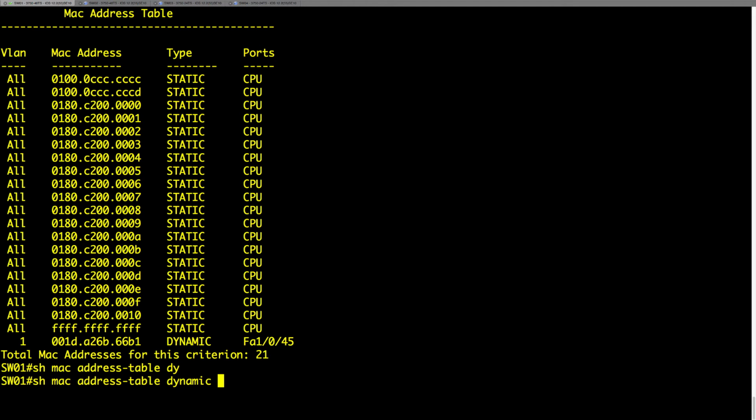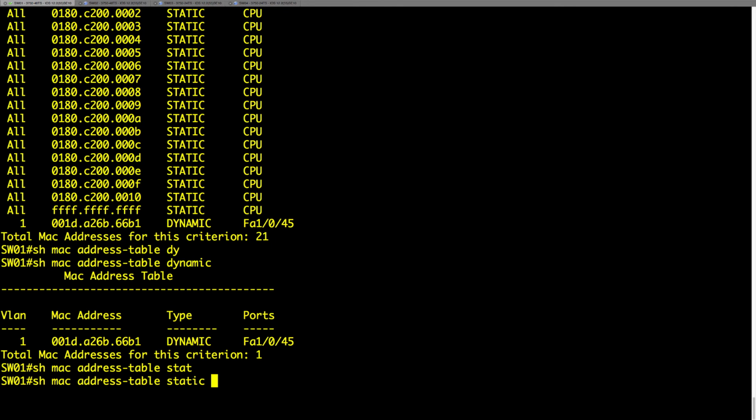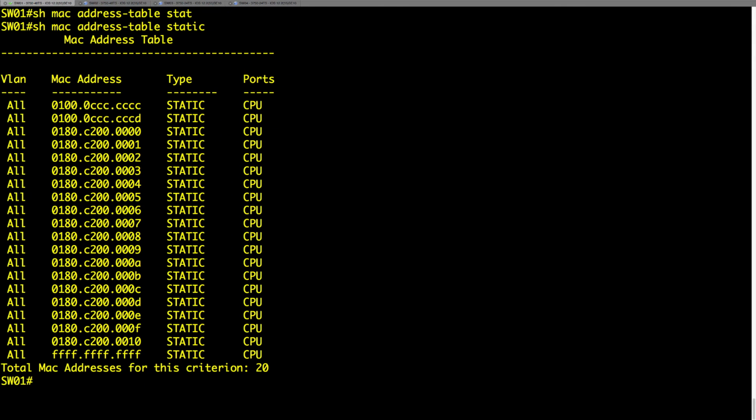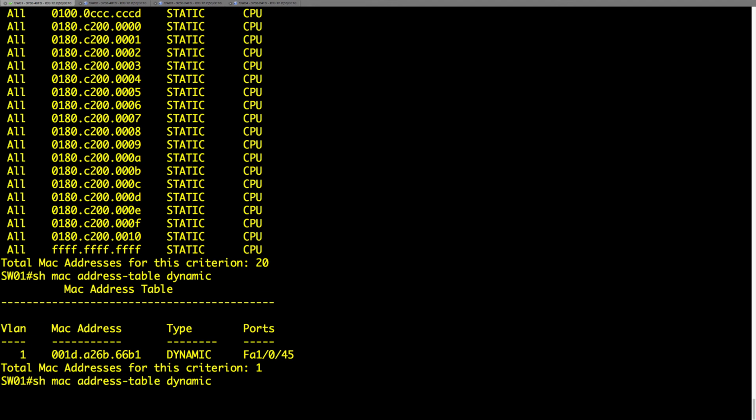So what I can say is show MAC address table dynamic. And that is going to show me only the dynamically learned entries. Now, if for some bizarre reason you only wanted to see the statically learned entries, you could change the keyword to static. And as you can see here, it omitted that single dynamically learned entry that we had. So again, show MAC address table dynamic, show MAC address table static, or if you're interested in only seeing